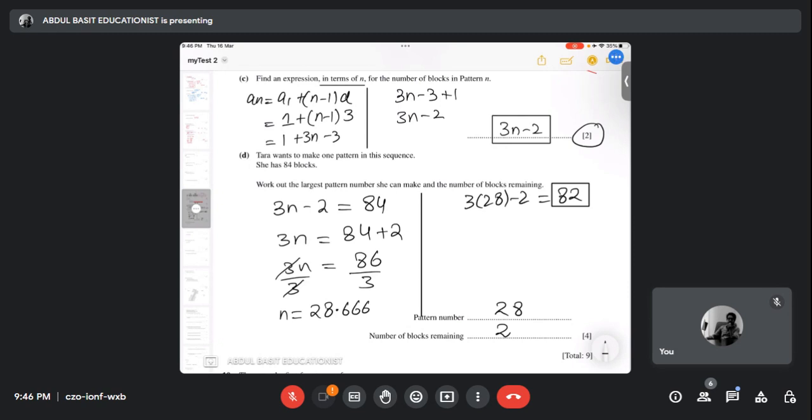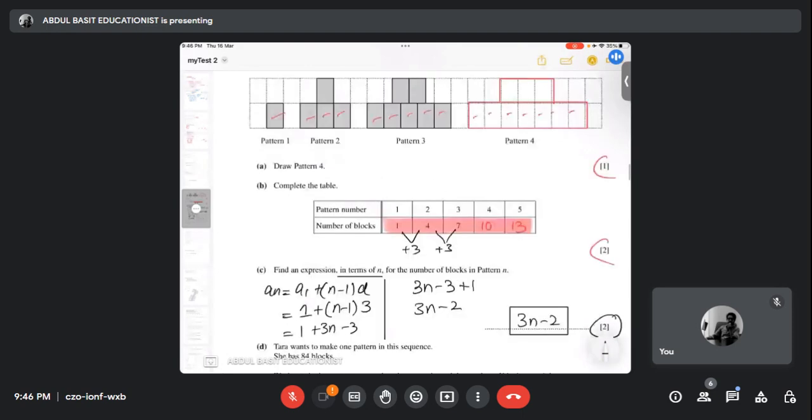Yes or no, is this clear? मुझे तो मुश्किल लगा है। नहीं, अब देखिए ना, पहले क्वेश्चन में क्या था? पहले क्वेश्चन में आपने पैटर्न को बनाना था, वो आसान था। जी, ओके। फिर टेबल कंप्लीट करना था, तो वो हमने काउंट किया है ना, ऊपर से टेबल कंप्लीट किया है ना। जहां पे से नजर आ रहा है 1, 4, 7, मतलब 10, 13, ये भी हाँ, आसान था, वो भी आसान है।